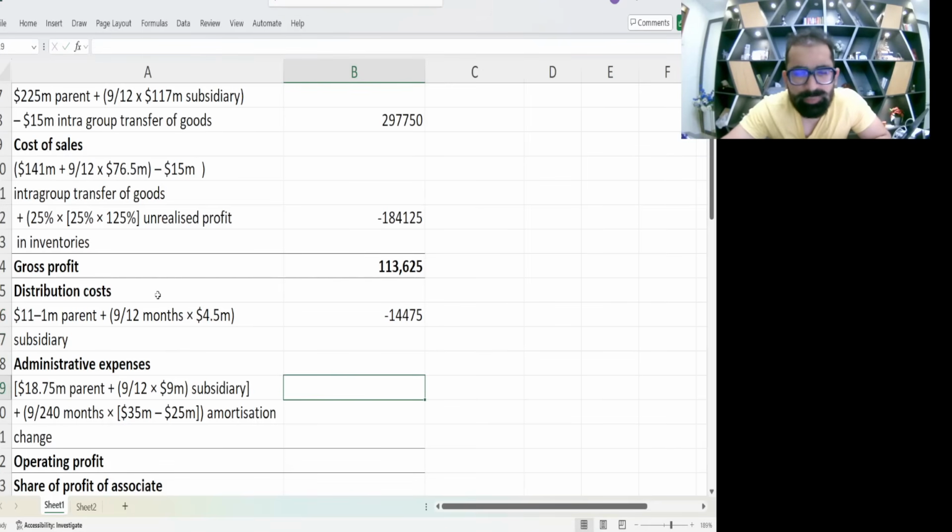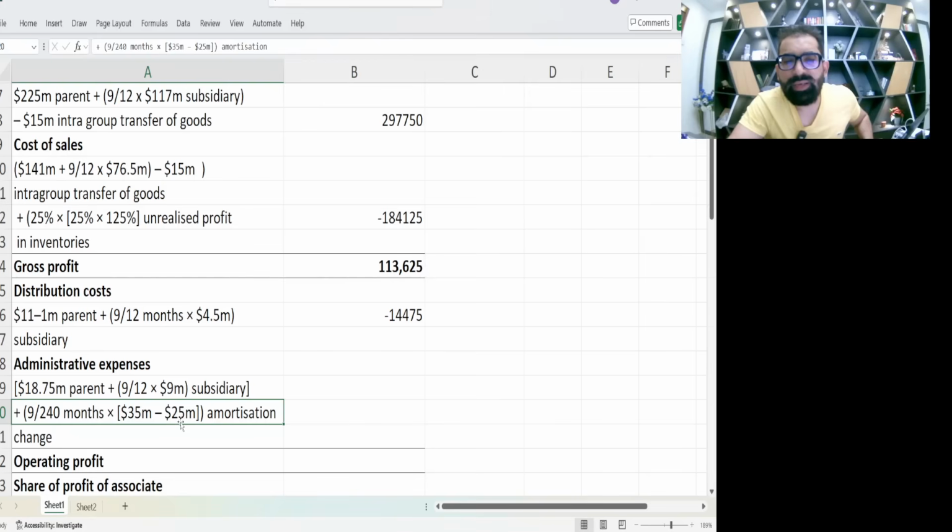Then we have admin expenses. Your memory should be very good, please. In admin expenses, the parent company is mine, so complete parent company admin cost, then subsidiary company admin cost into 9 upon 12. And yes, there was some excess amortization or excess depreciation of fair value adjustment. Remember, excess amortization, see, 35 minus 25 is 10, and 10 divided by 20 years